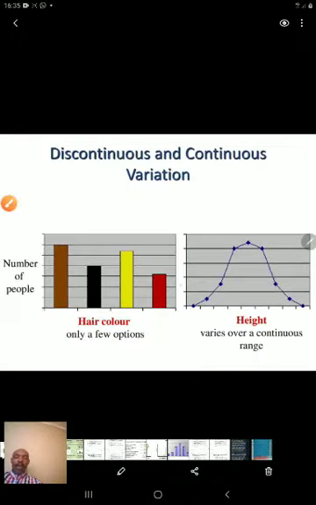And this one is controlled by a number of genes, and also it is controlled by environment. For instance, height, this one is controlled by a few genes, e.g. blood groups, as we said there. So for instance, this is another example that shows continuous and discontinuous variation.